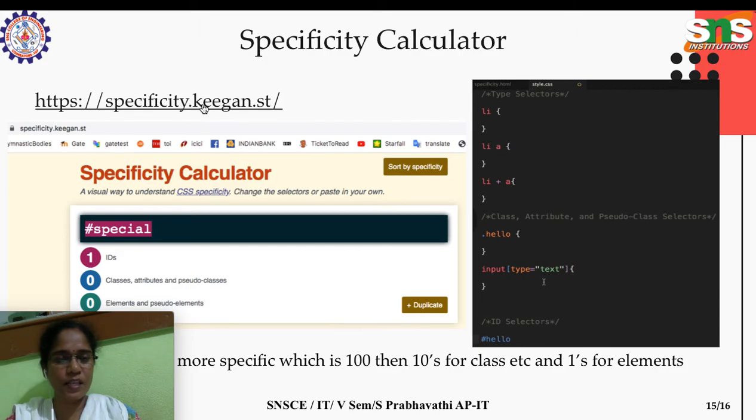Go visit this site and explore the specificity of elements. Here the highest order is given to IDs, followed by class attributes and followed by HTML elements. So have a look at this site and get more knowledge on the specificity of different HTML elements.